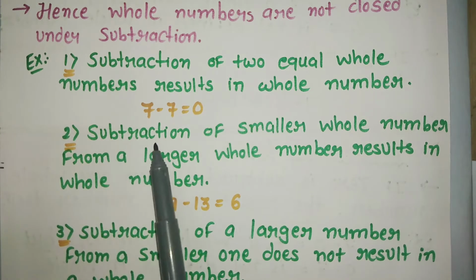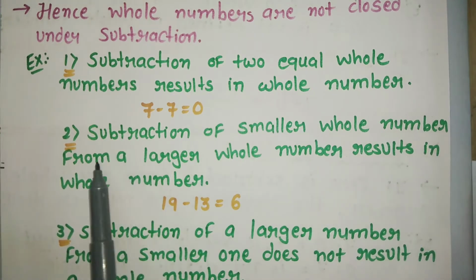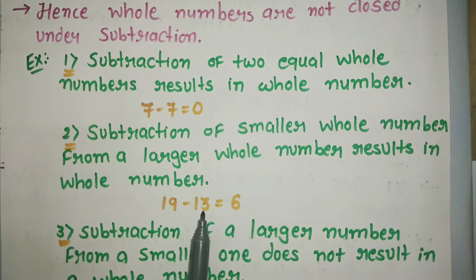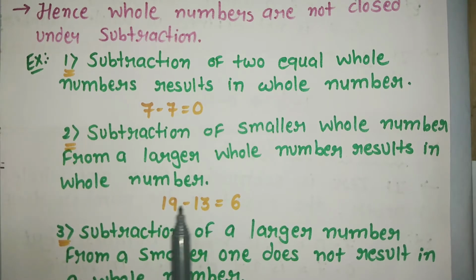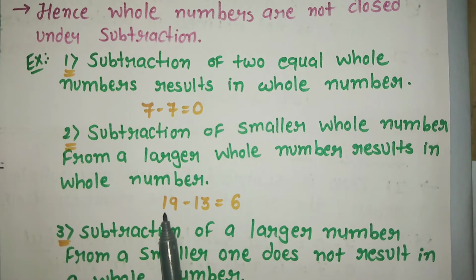Second case, subtraction of a smaller whole number from a larger whole number. 13 is a whole number. 19 is also a whole number. So 19 minus 13 equals 6. 6 is also a whole number. So here I can say that 19 is a whole number, 13 is a whole number and 6 is